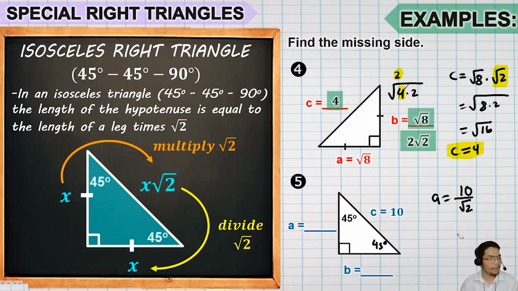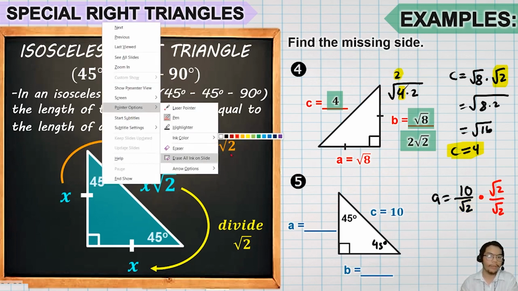Kaso lang, in the rules of radical expressions, this is not yet considered as simplified because there's still a radical expression on the denominator. So, based on our lesson before, kapag ganyan, we multiply it with square root of 2 over square root of 2. In other words, we rationalize it. Saan nanggaling yung square root of 2 over square root of 2? Ayun kasi yung nasa denominator. So, if we multiply it with square root of 2 over square root of 2,